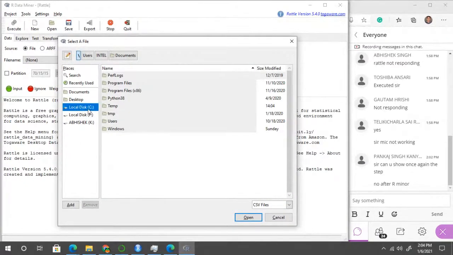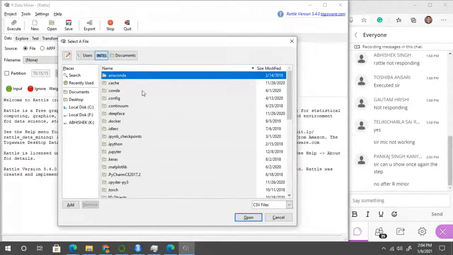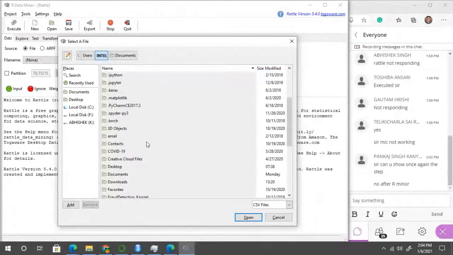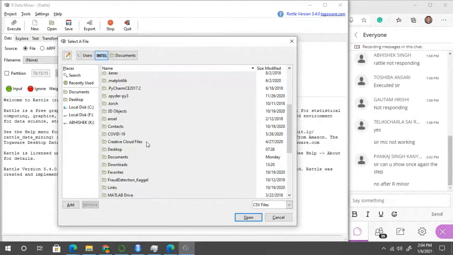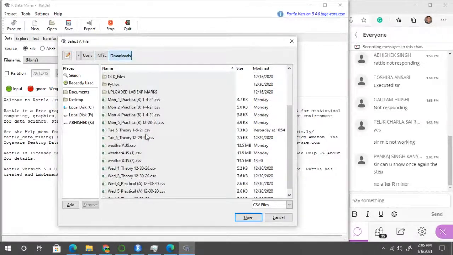We are going to take the input from your download folder. Right now there is no download folder, so we have to click on the C drive, then users, and then Intel, which is my PC name. In this folder we have a download folder.